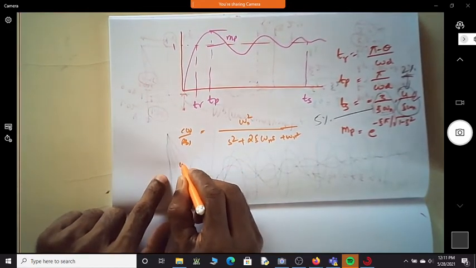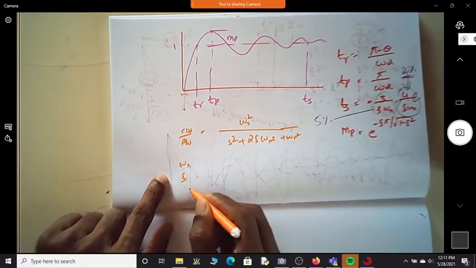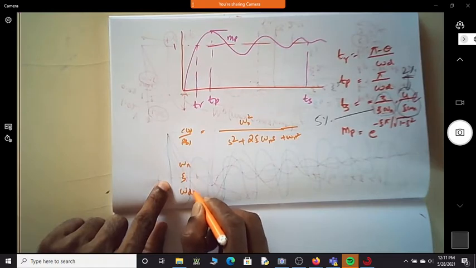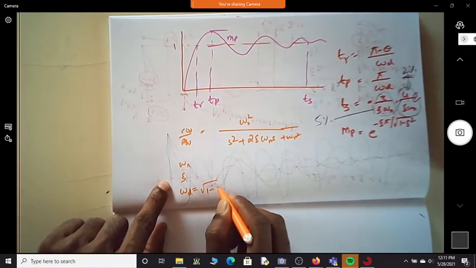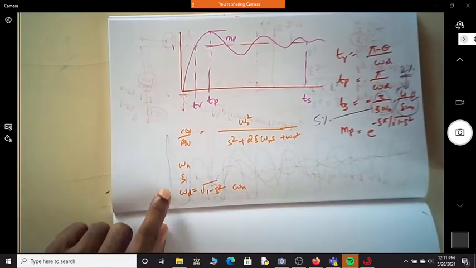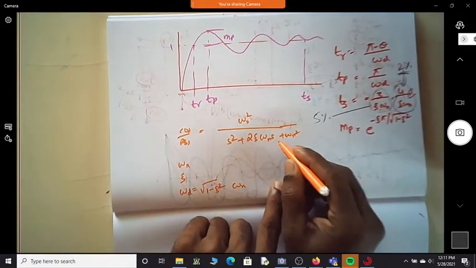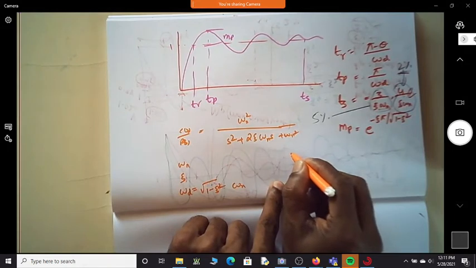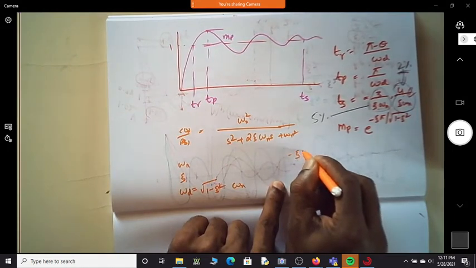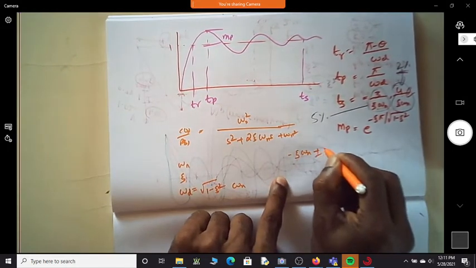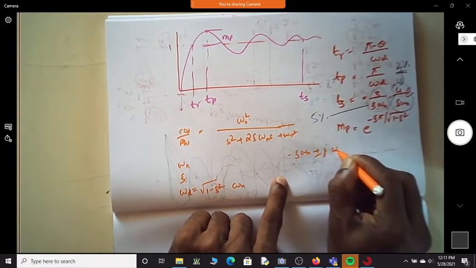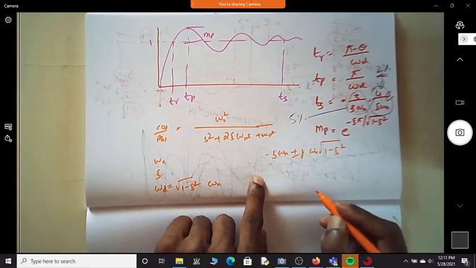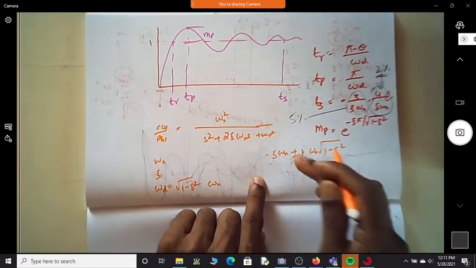Of course, we saw that we defined a few terms for this particular second order system, where omega n we defined and zeta we defined, and we also defined one more term, that is omega d, which is equal to omega n times the square root of 1 minus zeta square. So we could find out the actual roots of this characteristic equation, which are minus zeta omega n plus or minus j omega n under root of 1 minus zeta square. So these were the roots of this second order system.